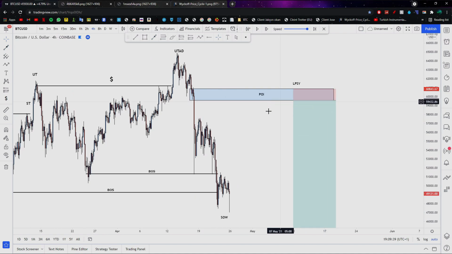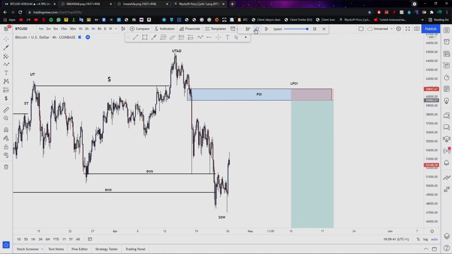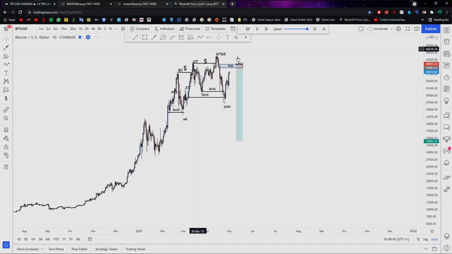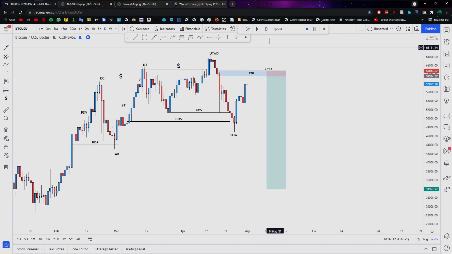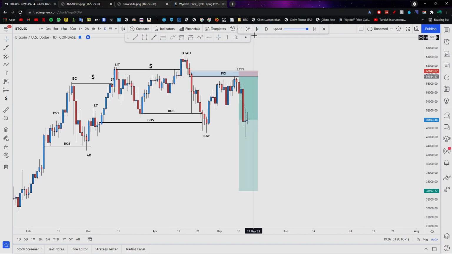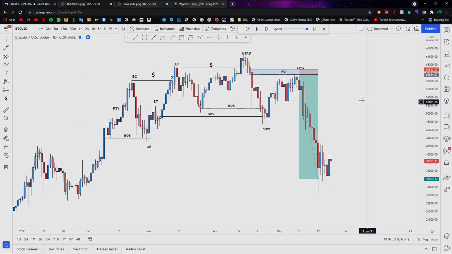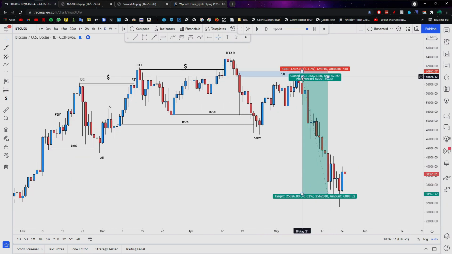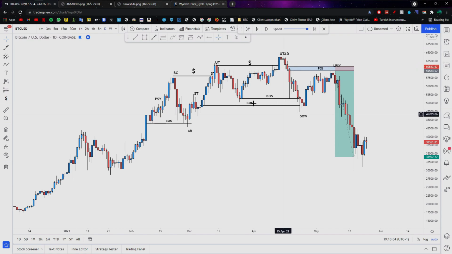And after that, I just waited for price to come back into our zone. And if I just play this market here, maybe if I go onto the 8-hour or the daily, it will be a bit quicker. We can see that price taps me in, I'm entered, and then I hit take profit, right? This is essentially what you want to do. You just want to set your entry at the 1 of the order block, your stop loss at the 0, and for targets, you can set multiple targets, right?